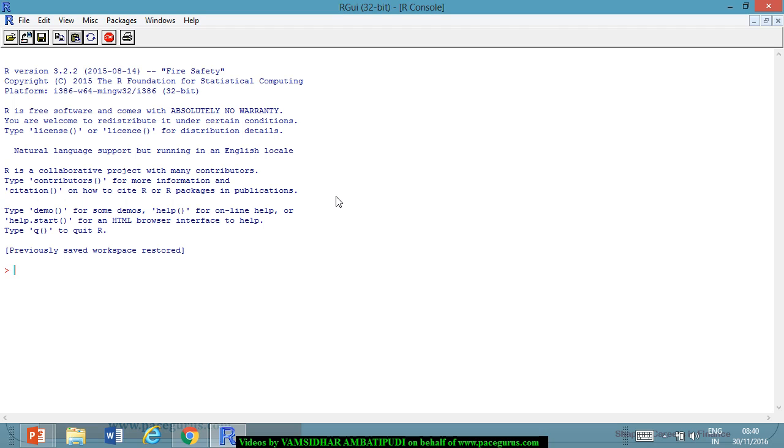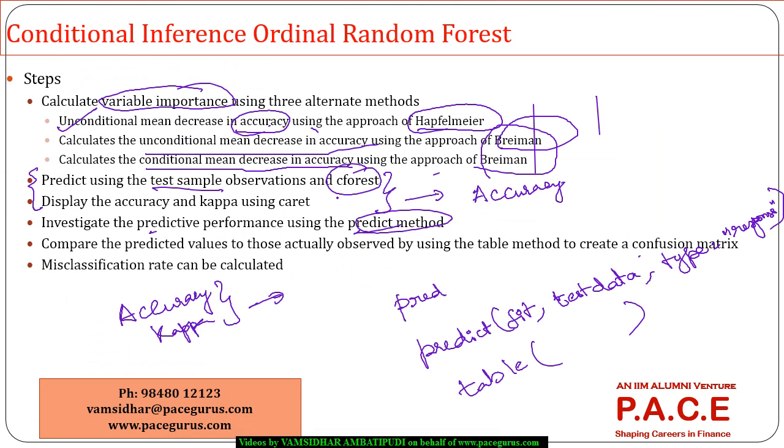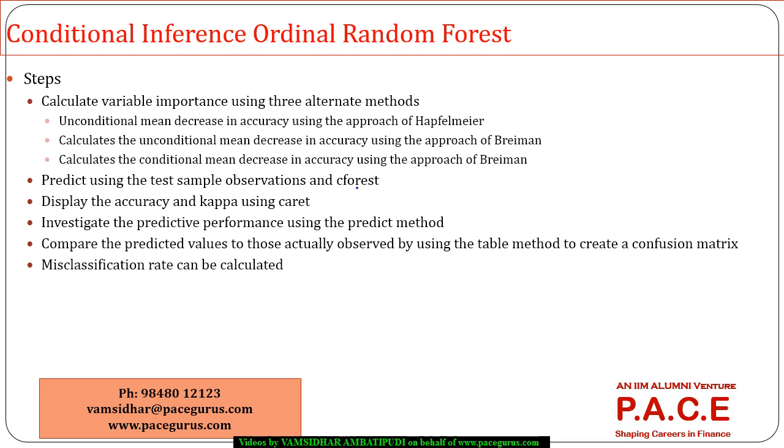So now that you have a basic understanding of the entire model, I want you to try it out. And in case you are not able to get through it, please let me know so that I can help you out. The process here is pretty straightforward. We are doing the prediction using the predict method, using our model that we have created, which is the fit, and we are also using the testing data so that we can run it on the test data, and based on that we are seeing the responses, which are nothing but qualities associated with